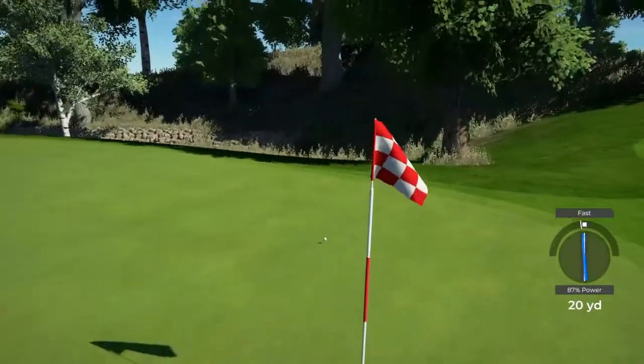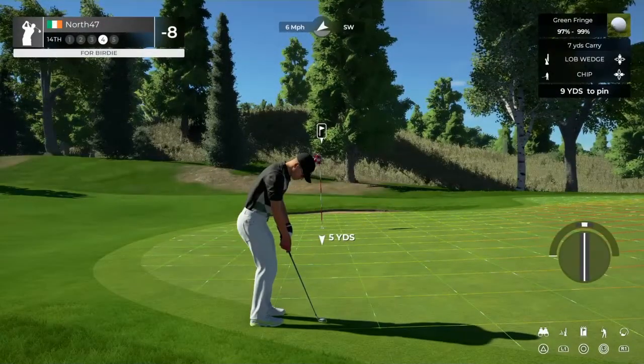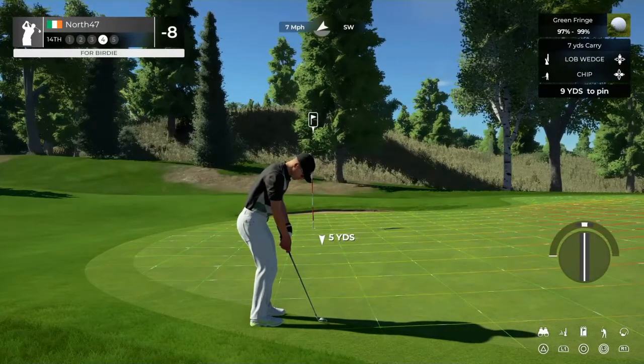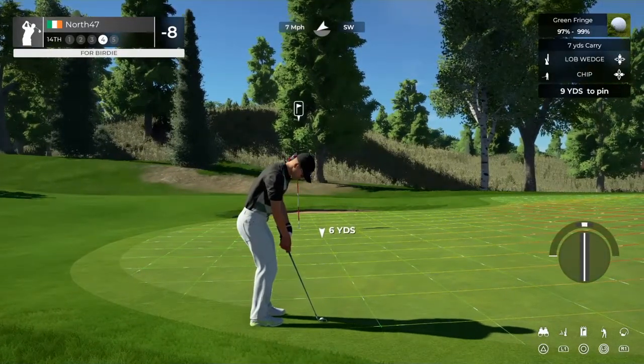Got a slide fast, which is not good, so now we've left ourselves, we had the chance, but I took that risk, and even though there are no hazards that could potentially drop a shot, I took on the risk, and unfortunately it's not paying off this time. So 9 yards to the pin. I'm going to pull that back to about 6. Still potential to chip it in,